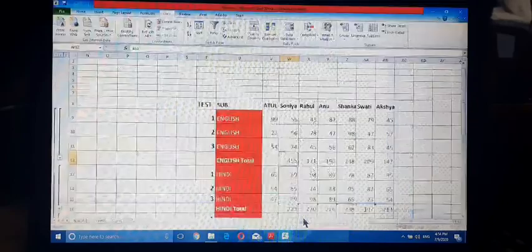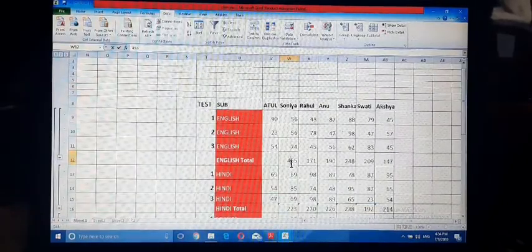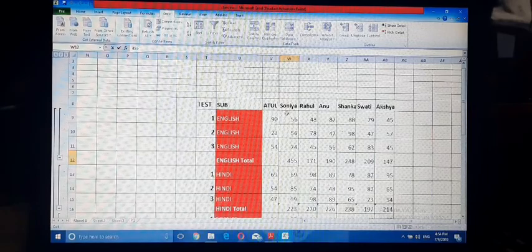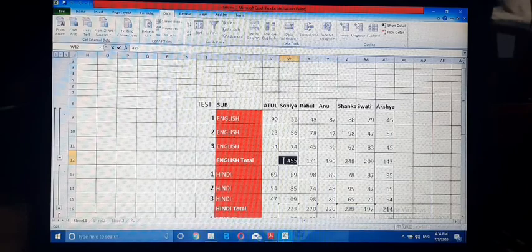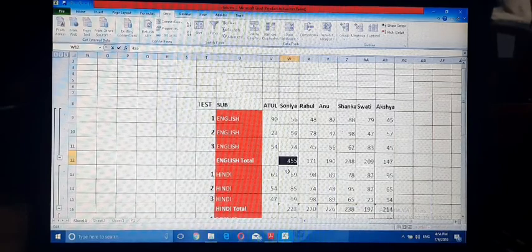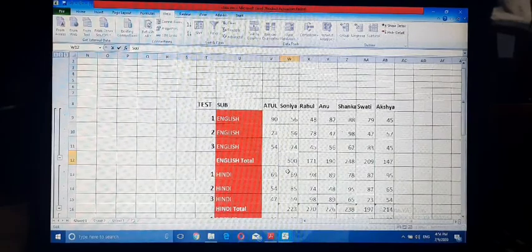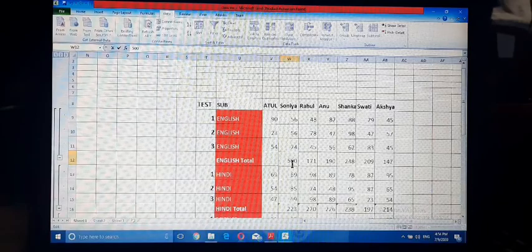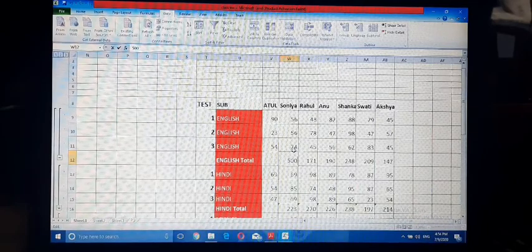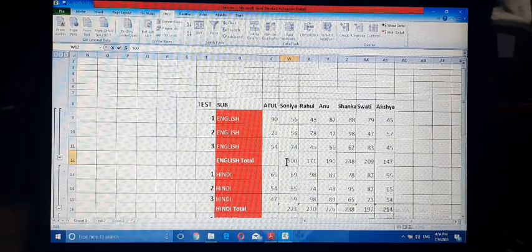Example, this is the subtotal of Sonia in subject English. Suppose you want to set a goal of 500. So how many marks should student Sonia score in test 1 to get a total of 500?